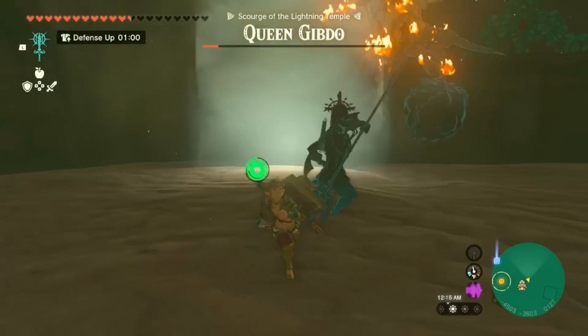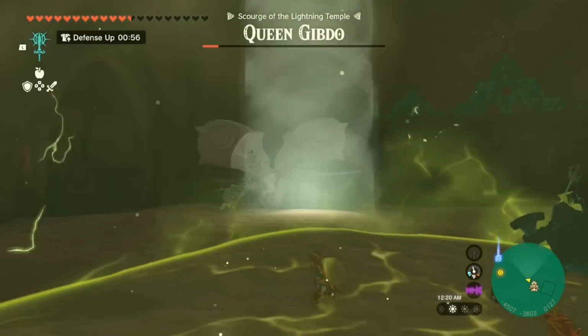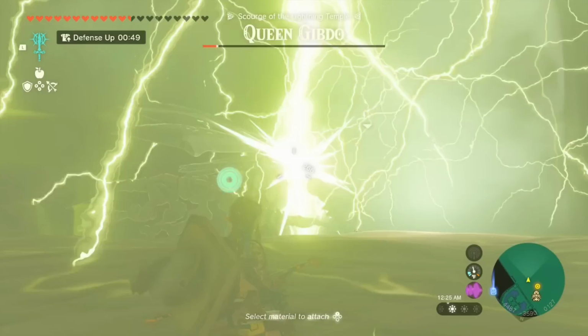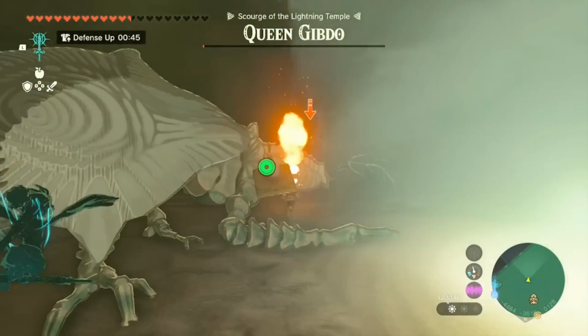Finally, we'll end the video with Queen Gibdo. This was actually fairly difficult in the Thunder Temple. I kept on getting caught by her gust attacks because I didn't keep a far enough distance from her. If you maintain your distance, you should always be able to sprint to the side when she uses her ranged attacks. I watched my buddy fight her in the depths, and all I would comment on is not to waste